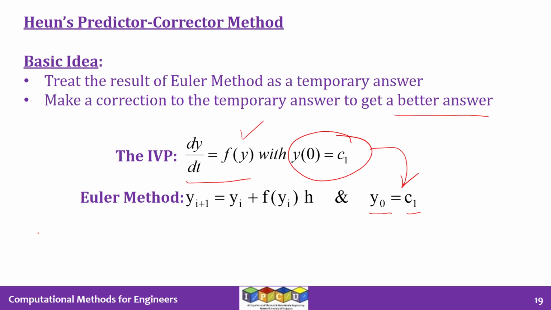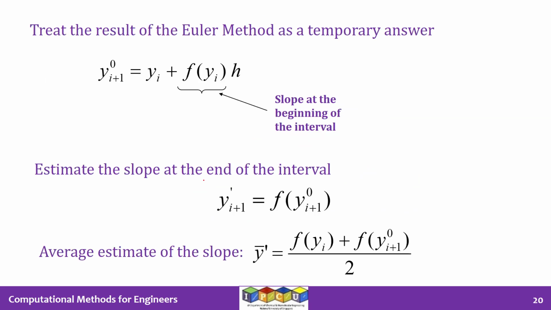As you can readily see, y0 is known. Since the functional form f is known, we can compute f at y0. h is chosen by us to be a certain value. Therefore, everything on the right hand side is known. Therefore, I can find out y1. Once I find out y1, I can use the same idea to find y2, y3, etc. So that is basically the Euler method.